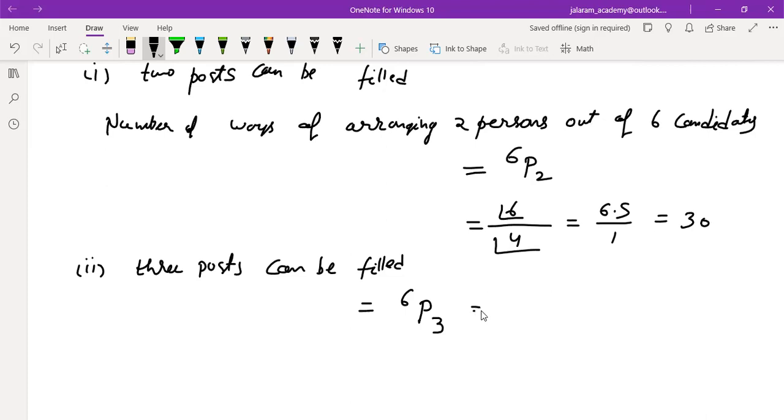Will it not be 6P3? Factorial 6. Write the statement always. It will help you to solve the complicated questions also, which you will not be able to solve if you don't know the